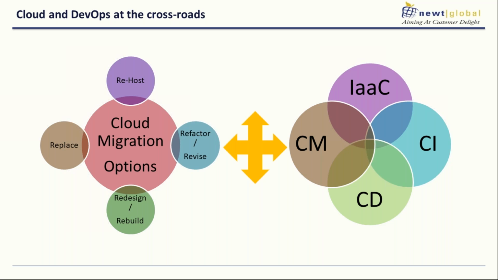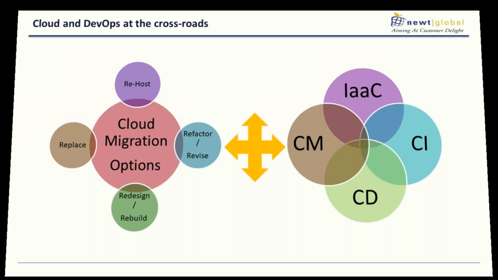Whatever migration option you choose, you will eventually try to implement it in a fashion where it's running in the cloud infrastructure, with continuous development and release cycles happening, so that you're in a position to release much faster, as well as look at infrastructure creation on the fly, because scalability and availability become critical factors. So I'm going to take this a little bit forward on the DevOps metrics, because we talked about some business